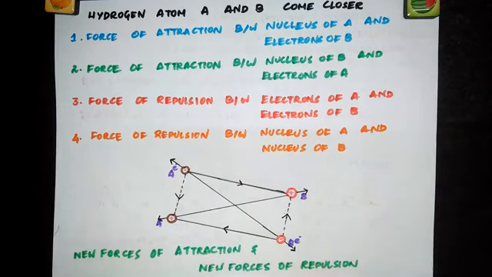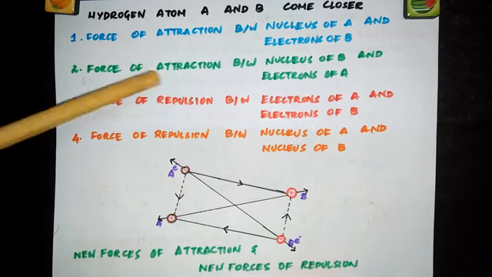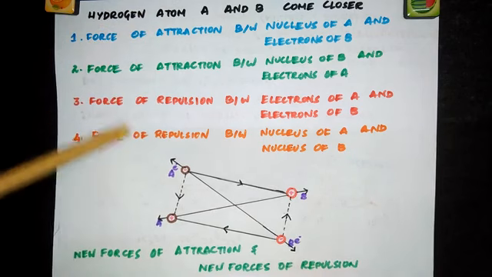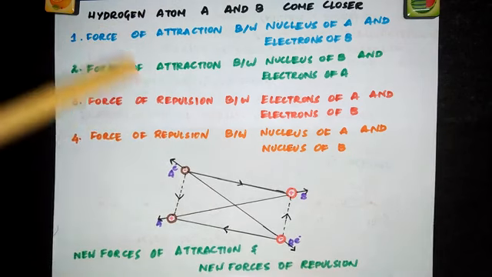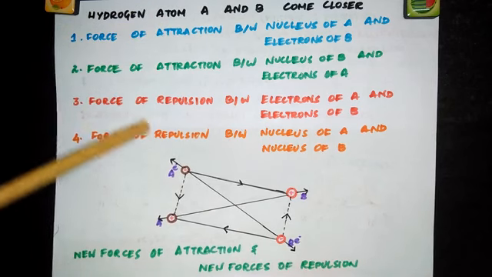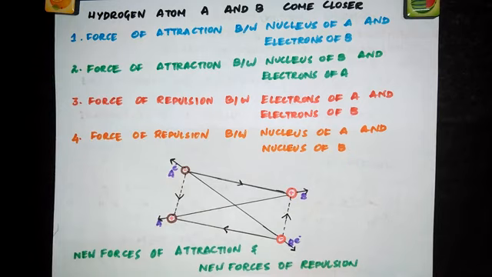I told you we are going to see the interpretation of orbital overlap in terms of energy consideration. Here we have taken the example of hydrogen. In the case of hydrogen, the magnitude of these attractive forces is more than that of the repulsive forces. We have both attractive and repulsive forces. In the case of hydrogen molecule formation, attractive forces are more than the repulsive forces. So what will happen as a result?